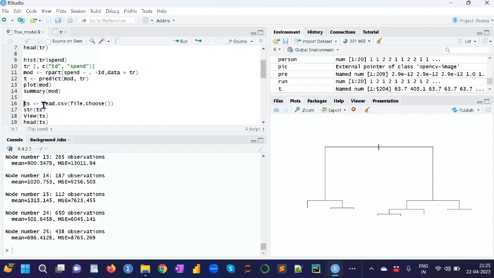Then I am using the testing data. Before, I told you that I am using two data sets. This is my testing data set.